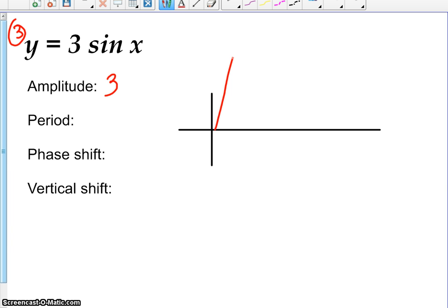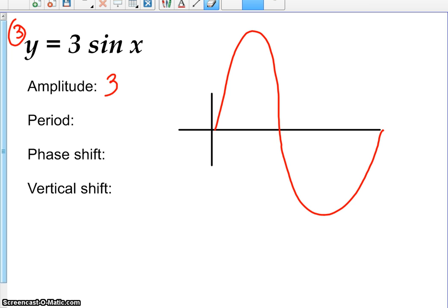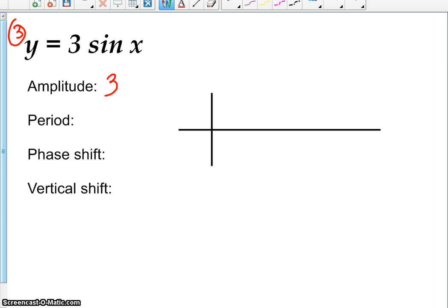Now, we could show a really high amplitude and a really low amplitude. Thing is, we never have the space to do that. Like on our worksheet, that'd be really difficult to do. So what we do is we show a typical sine curve, and then we show the amplitude by saying, okay,